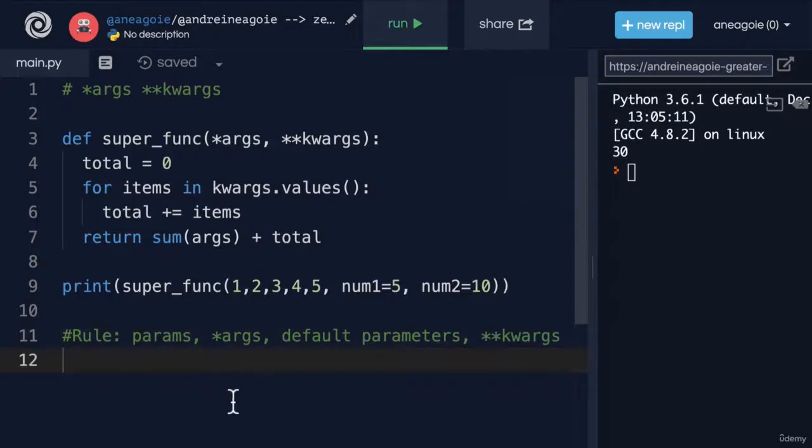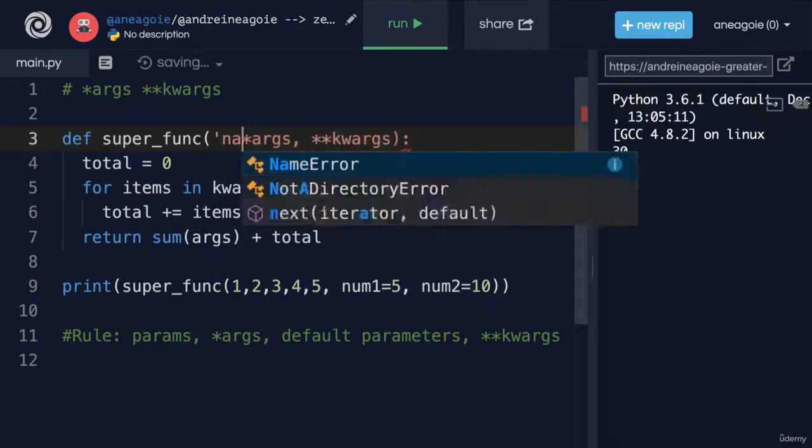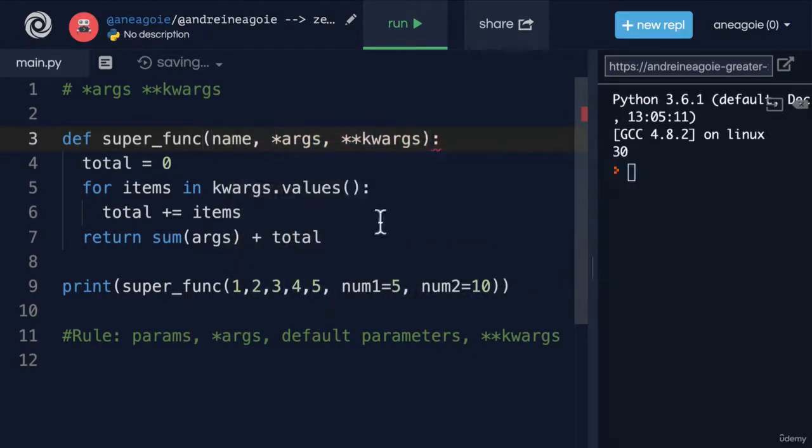Let me show you what I mean. If we want to define this function, we want to make sure that if we give it a parameter of, let's say, name, that should come before star args. And if we have default parameters, that should usually come after args, but before keyword args. So if I do, let's say, i equals hi, and make sure we add a comma here,